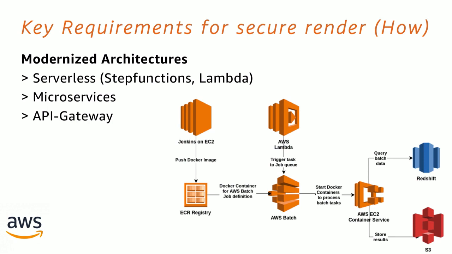But I guess more importantly, a lot of these things you could implement with your traditional architecture. What is a traditional architecture? You've got a bunch of storage, then you've got a bunch of servers on top of it, very similar to what an on-prem system does. But what we are seeing more and more, and this is where the real value proposition of the cloud shines, is modernized architectures.